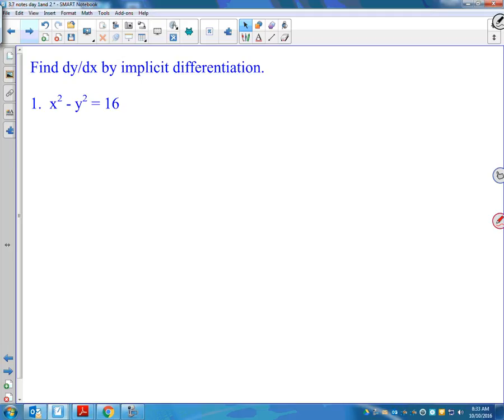So it says, find dy/dx by implicit differentiation. On the AP test, it's not going to say, do this with implicit differentiation. It's going to say, do the derivative. And you have to recognize, oh, I have to take the derivative of y, so I'm going to have to do implicit. All right, so we're just going to go through and take the derivative of each part, because this is not product rule or quotient rule or even chain rule here. So the derivative of x squared would be